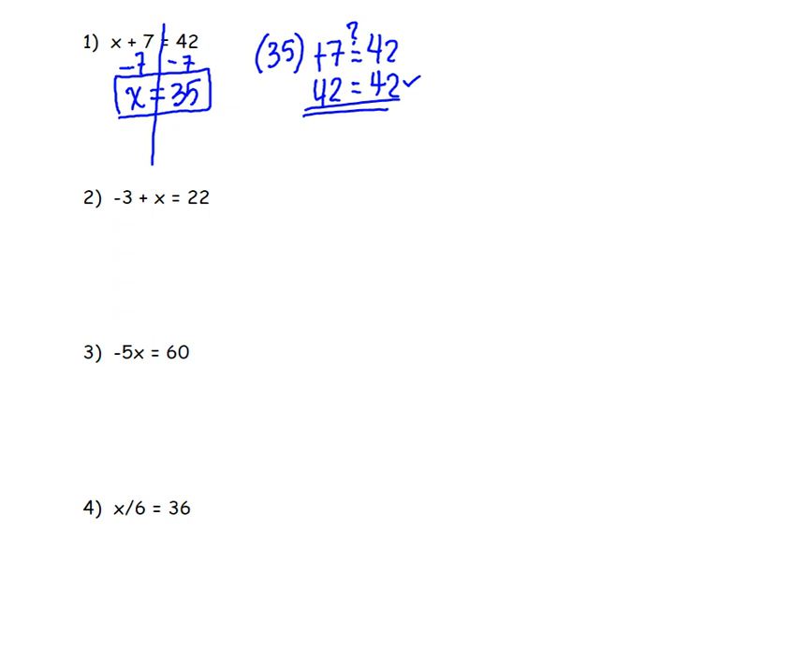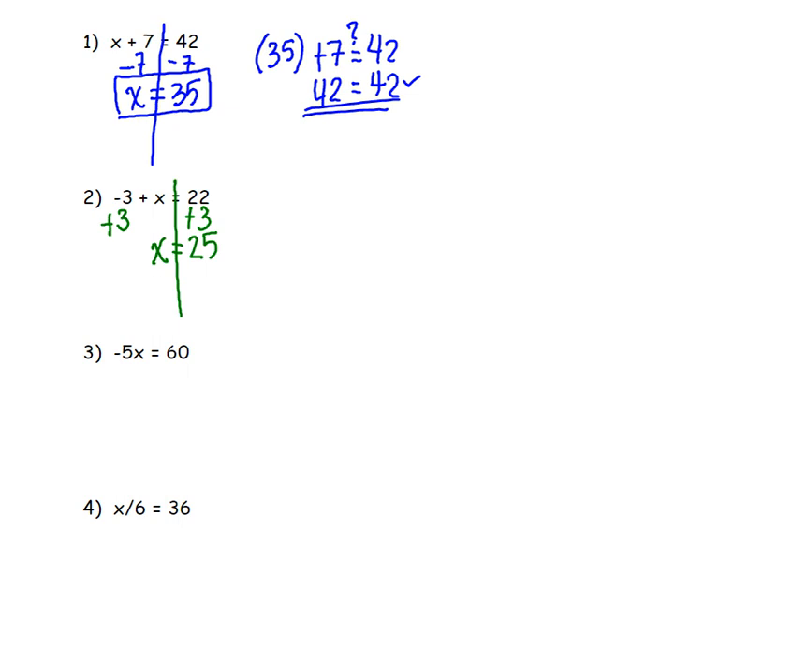Okay, next one. I have negative 3 plus x equals 22. Okay, let's see. What's happening to my x? Well, that negative 3 is being added to it, or 3 is being taken away from it. So what I want to do is add 3 to both sides. That's the opposite. That's going to undo because negative 3 plus 3 is 0. And that just leaves me with x. I always put my equal sign on the line so everything's lined up. 22 plus 3 is